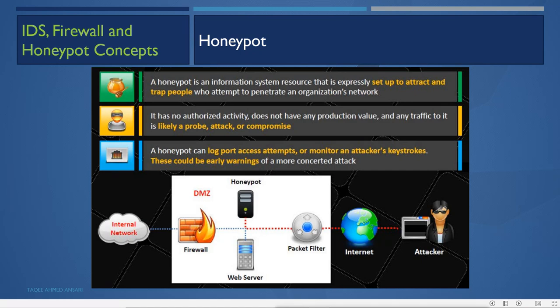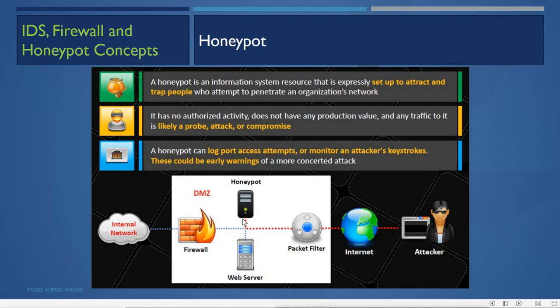Now basically you have two servers. If you look at the design here, you have one web server and one honeypot. The web server is our real server and the honeypot is a trap. When an attacker tries to scan the system, it sees that there are two servers, but one looks like a secure server and the other looks very insecure, and it thinks it can attack that one. That is what it is: a fake honeypot server.